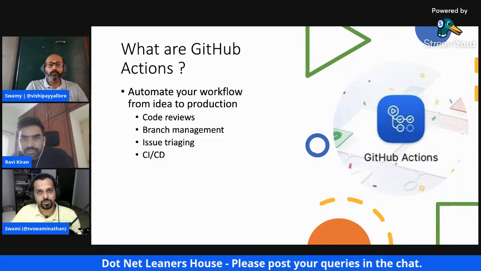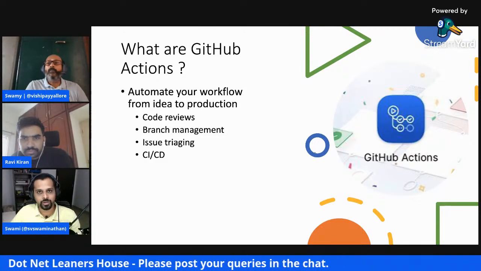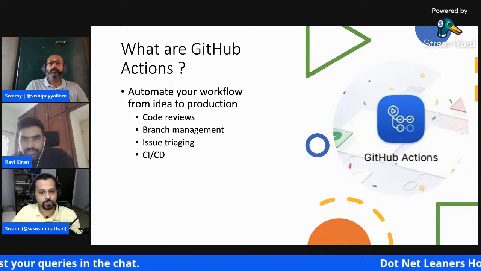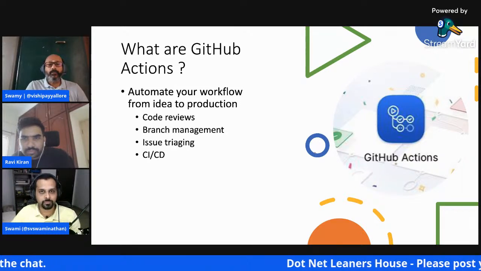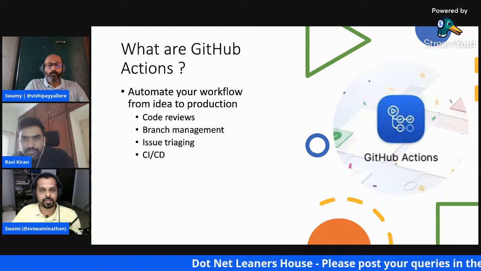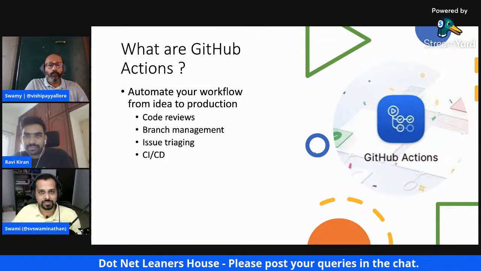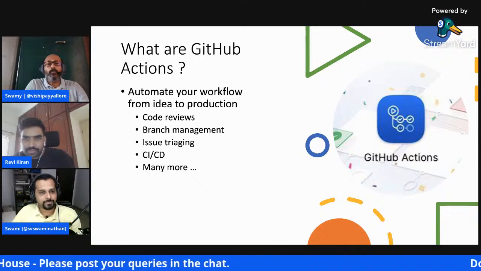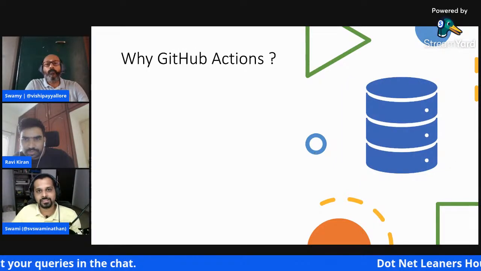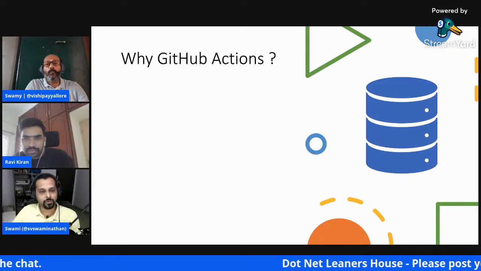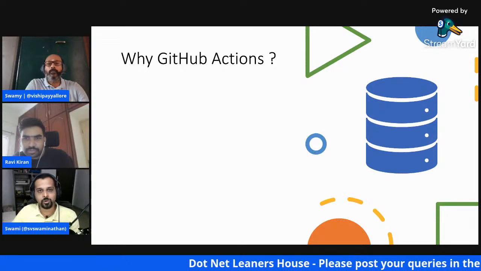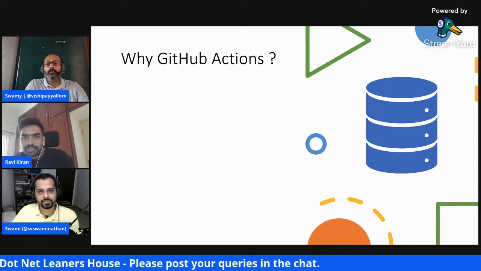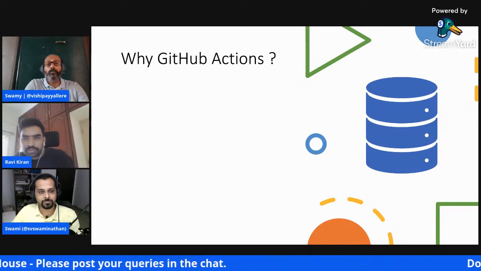Of course, CI/CD is one of the core aspects which most developers would need. But if you are a core OSS maintainer or anything like that, then you would use all the other benefits as well, like I said, issue triaging or welcoming your first-time contributors. A lot of things we can do with GitHub Actions. In this session, mostly we'll be focusing on the CI/CD part, because I coined it more for .NET developers. From the developer's perspective, whatever is needed is what we are going to look at. But if anyone has any specific questions, I'll try to answer. Otherwise, I can definitely update you later too.